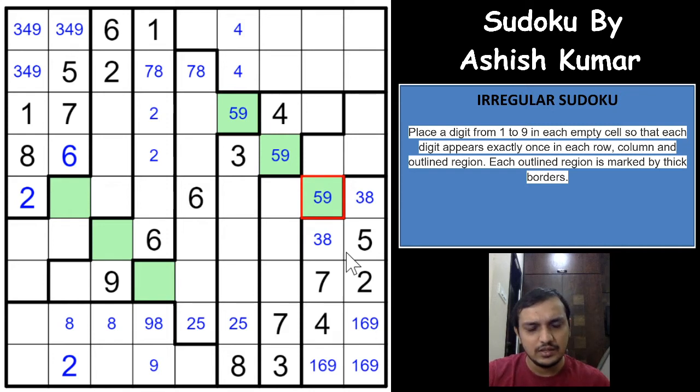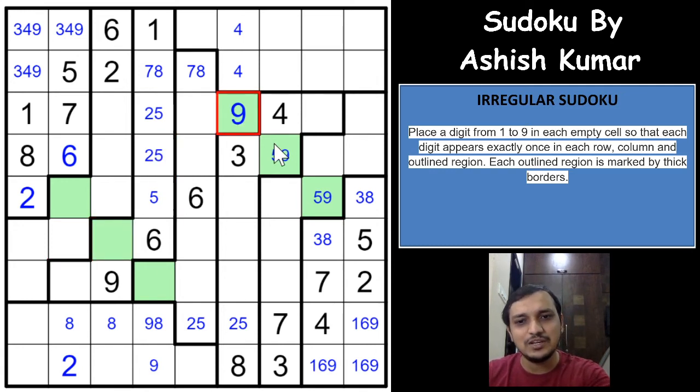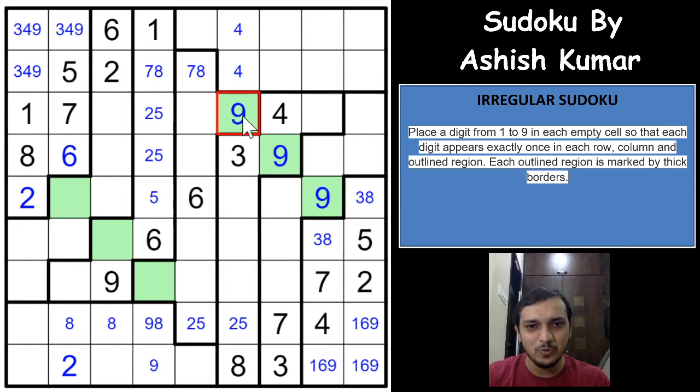And that gives us an excellent logic here. That's one of my best favorite irregular Sudokus, I would say. Now in this region, what are the places for 5? A 5 cannot be here because of the 5 here, and a 5 cannot be here because of the 5 here. So the 5 can be in one of these three cells. The moment you get a 5 here, you have a 5 here and a 5 here, so these three digits will be 5, and there is nowhere to place a 5 in this region then. Which means this cell will have to be a 9. Excellent, right?